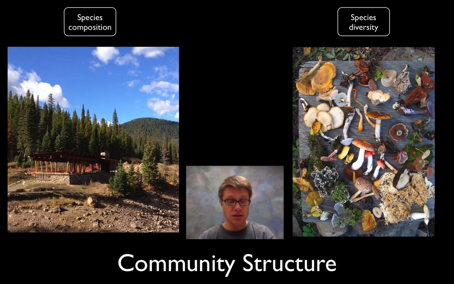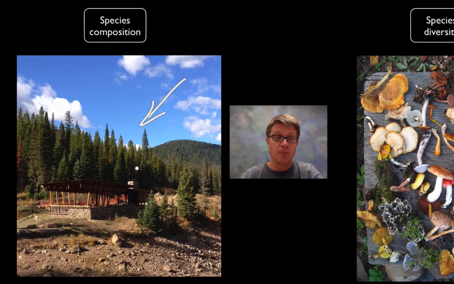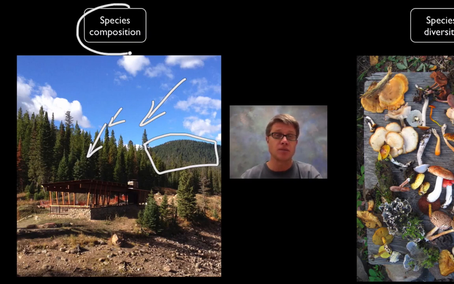So let's start with a community itself. Remember, a community is going to be made up of various populations. And so the first thing to look at, this is that picture I took here just about a month ago before the snow came. And this would be up at Highlight Reservoir. And so if you look here, we mostly have pine trees. But if I were to count all of the different pine trees that we have, so we've got a lodgepole pine and we've got an Engelmann spruce or whatever, if I were to go through and in a large area count all the different types that we have and how many there are of each and put those in a pie chart, that'd be species composition.